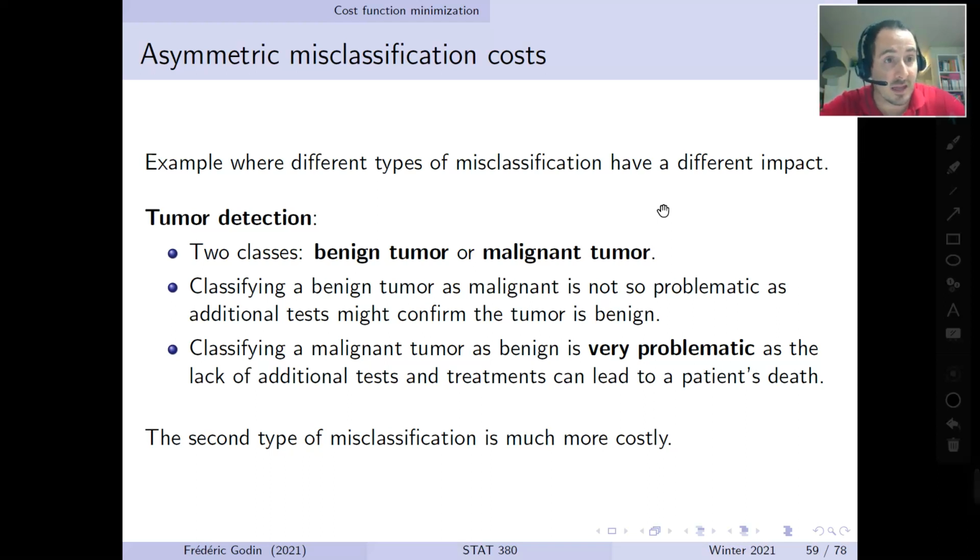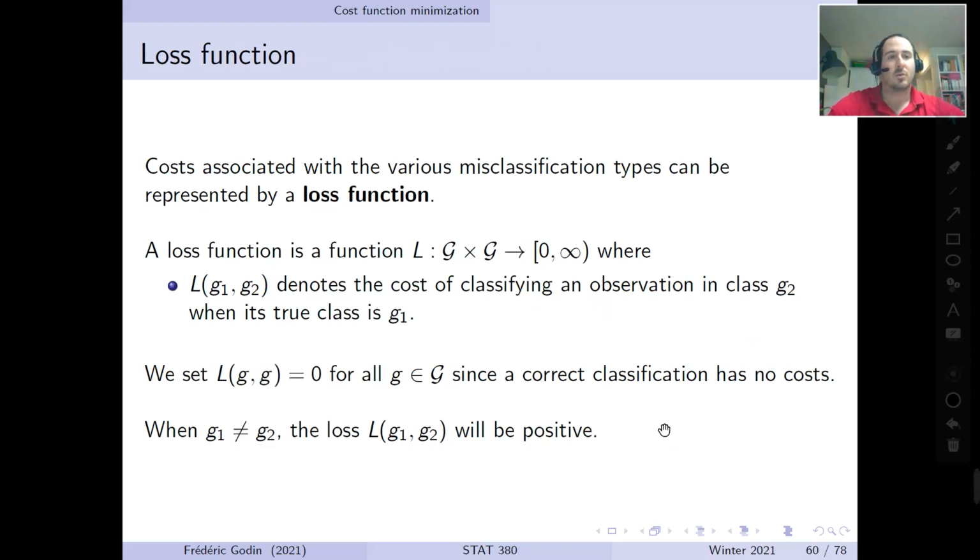So often when we do classification, we like to reflect this in our analysis. It's not necessarily only the error rate that counts, but ultimately the misclassification cost, which can be more important. To reflect this in practice, you could introduce what we call a loss function. A loss function is a function L which has two inputs, two classes, and returns a loss or some form of cost between 0 and infinity,